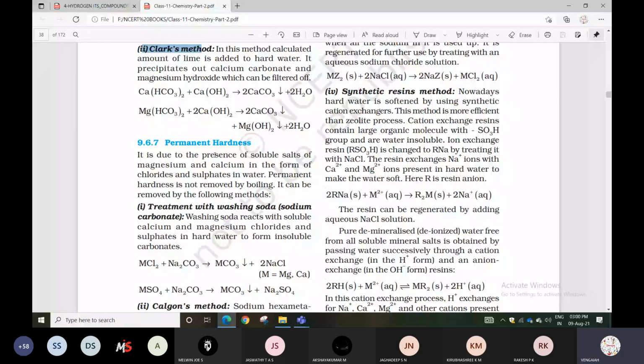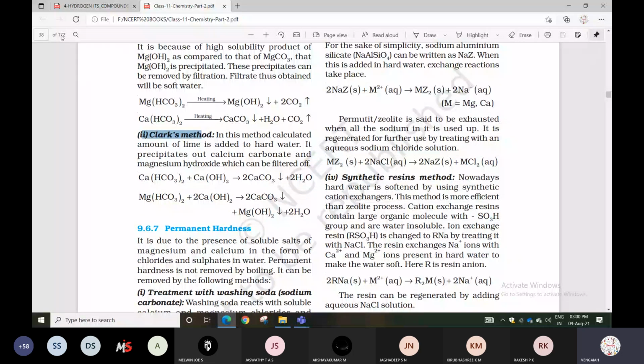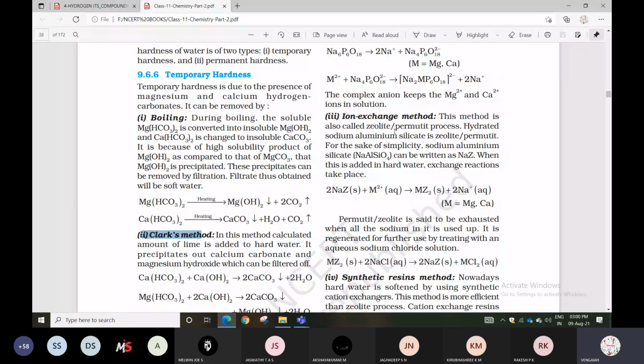Okay, yes, given. This method is also called the zeolite process. So hydrated sodium aluminum silicates. Hydrated sodium aluminum silicates. The formula is given as NaAlSiO4. So this is very important. Many times they ask questions in entrance exams. One question is confirmed from this chapter. Hydrogen lesson, a small lesson, easily scoring. Even redox reactions, they will ask one question.